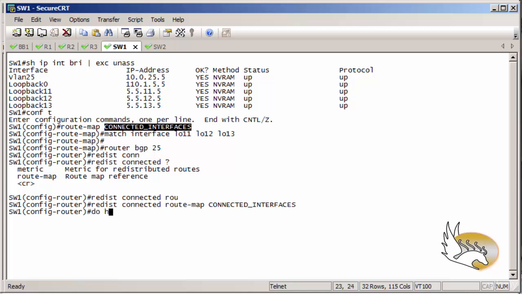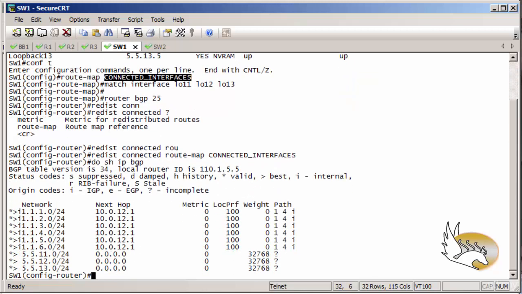Now if I check my BGP table using show ip bgp, you can see that on this router I have a next hop of 0.0.0.0. That means this is my own route. I am connected to it directly, and you can see that they are all best and valid. That's it. This is the type that I want to have. But if I go to the end, you can see instead of this I, which means this is redistributed from IGPs into my routing table,